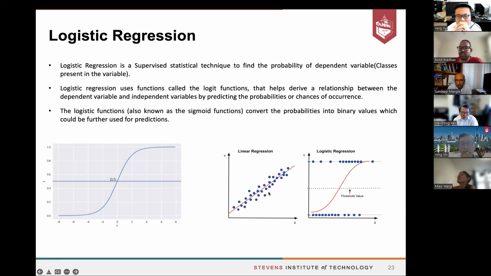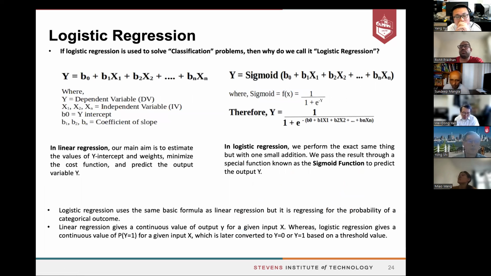So this is the relation between linear regression and logistic regression, where linear regression has continuous data, whereas logistic regression has the classes. So class label 0 or 1, or yes, no, like that. Next, the question might arise, why is it called regression when we say that we are applying it as a classification algorithm.